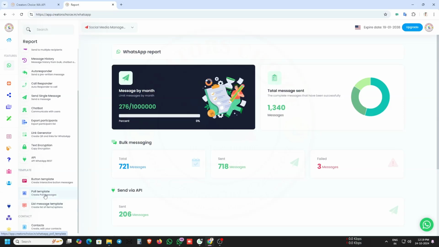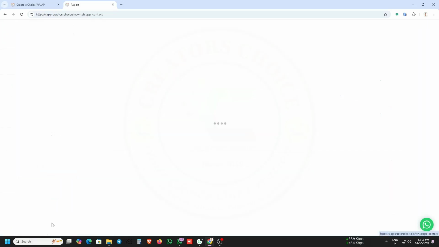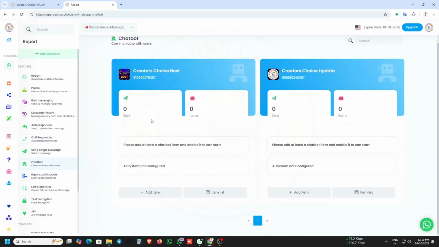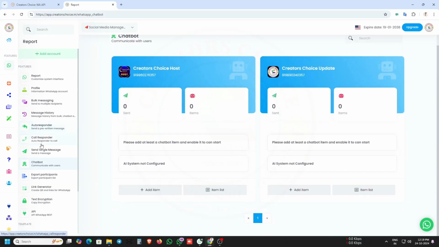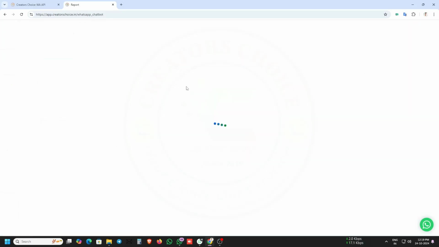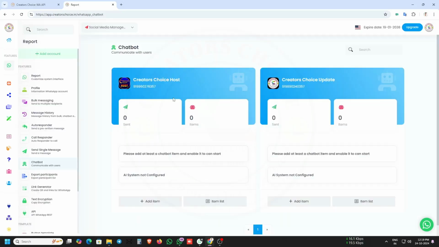Okay. So as I said in the beginning, buttons, poll templates and list messages are working absolutely fine, and there is a contact filter also. You can filter your contacts. I am not going to explain each and every module in this application. I'm just going to give a glimpse of this application and the kind of features it has. Coming back to